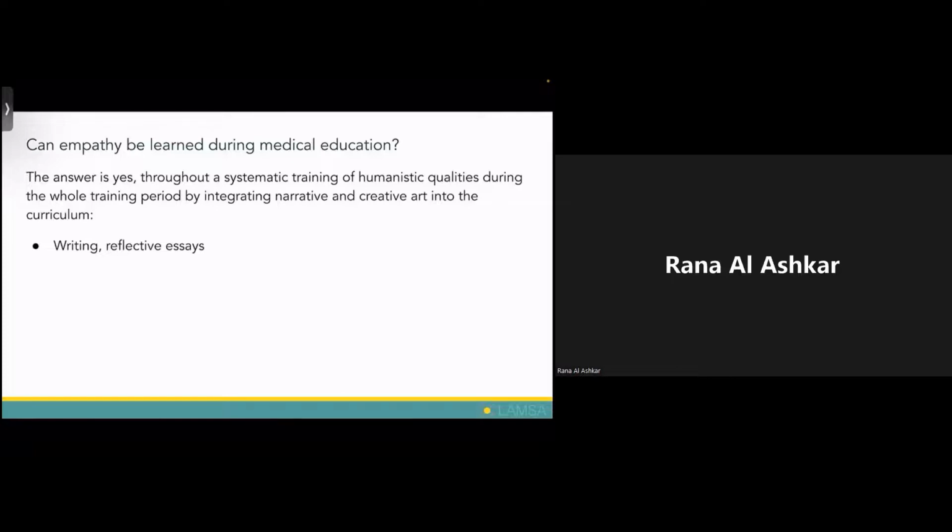Writing in general, it can be journaling, it can be writing a narrative article, it can be anything that can help also in widening the emotional and narrative aspect of the students in the curricula of blogging in general. So just like trying to tell people what happened during the day, or just like trying to integrate it in